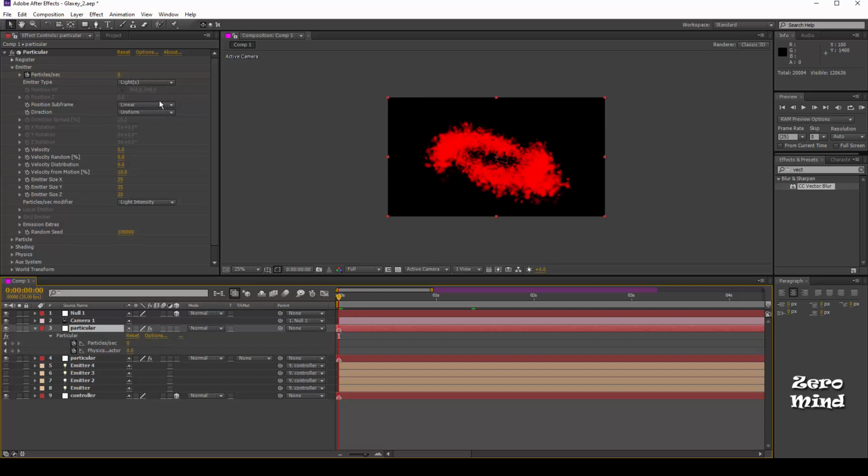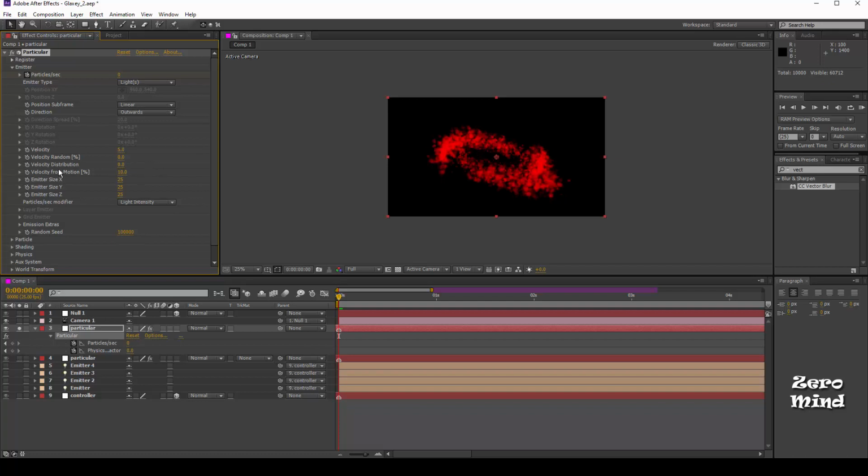Here, change the direction of the particle emitter to the outward type, so that the particles will spread more. I will choose this one as outward. Velocity, I will take here 10 and 10.